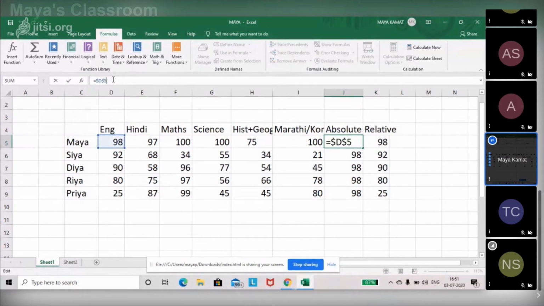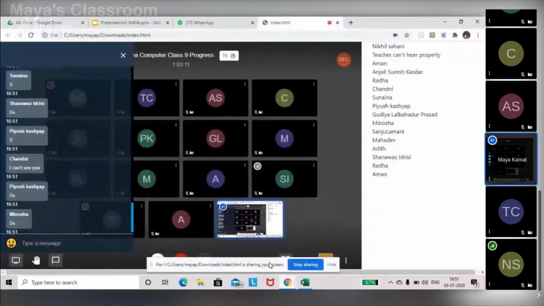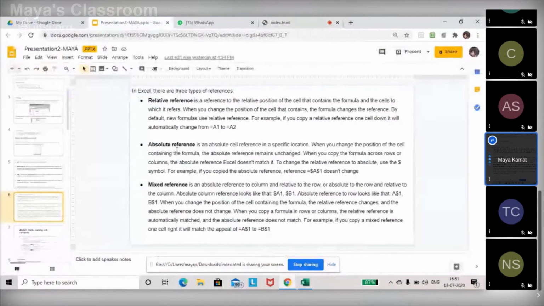It is not going to change the entries further because you have locked it by placing a dollar sign before the column and the row. Am I clear now? Yes or no? Okay. Now, coming back to the third mode, we have finished what is relative and what is absolute reference. Absolute will not change, whereas relative will automatically change the data.